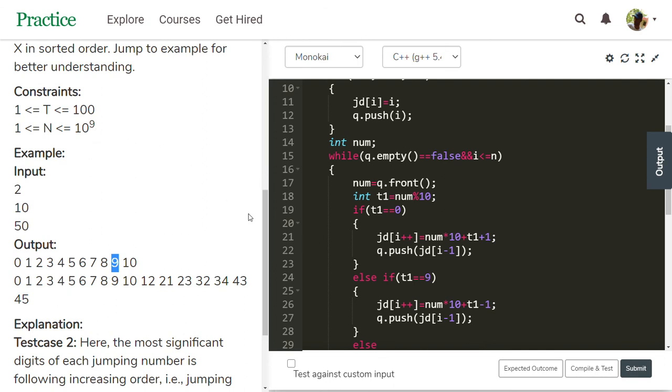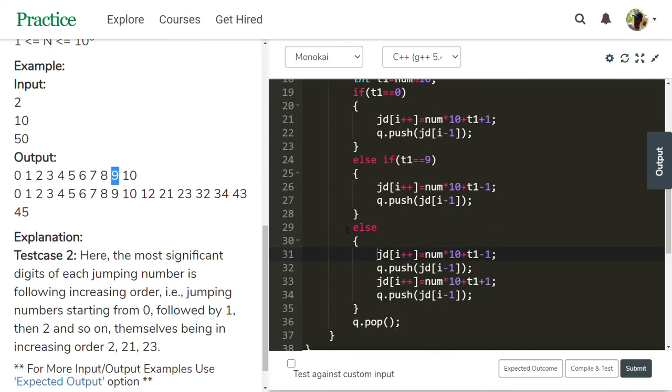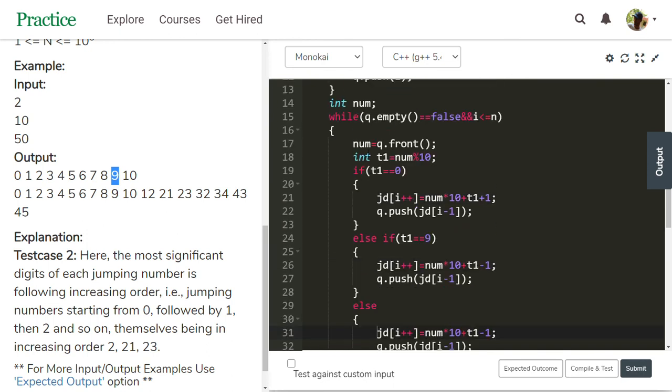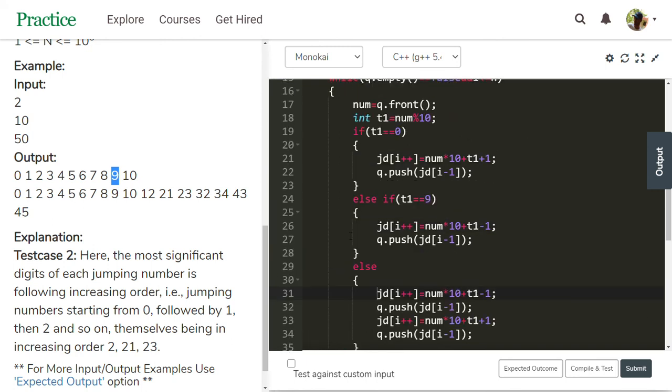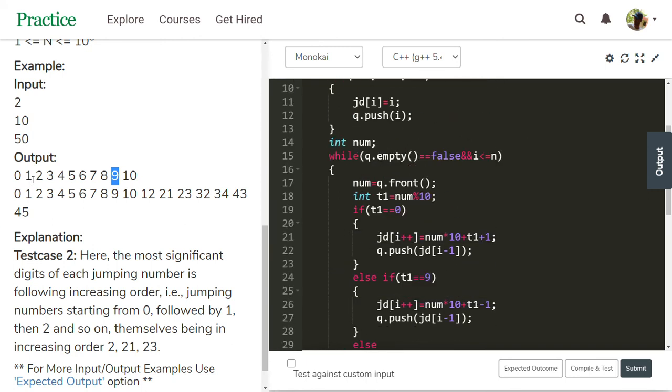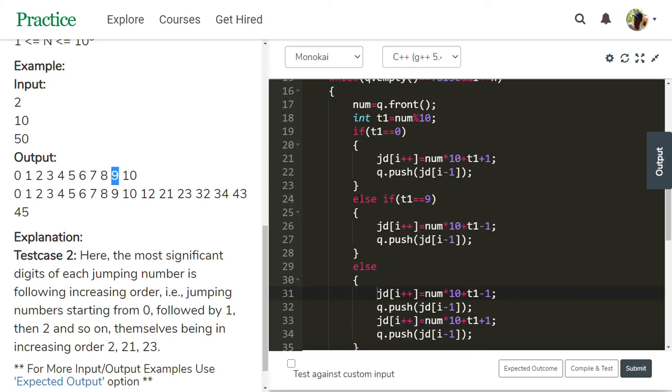One more thing: when we complete this, we need to pop that element. 1 is popped out, but 10 and 12 come. The same way 2 comes, 21 and 23 come, then 2 is popped out. In the same way, this is happening with this code.